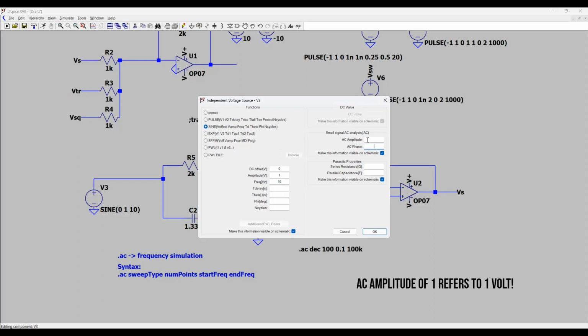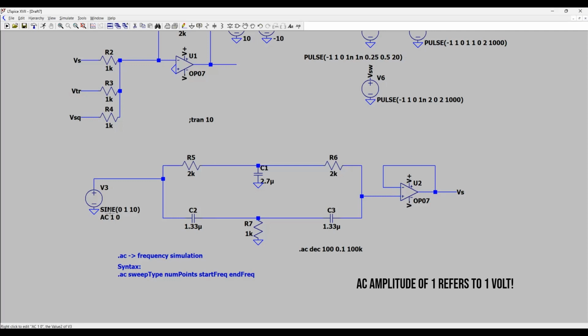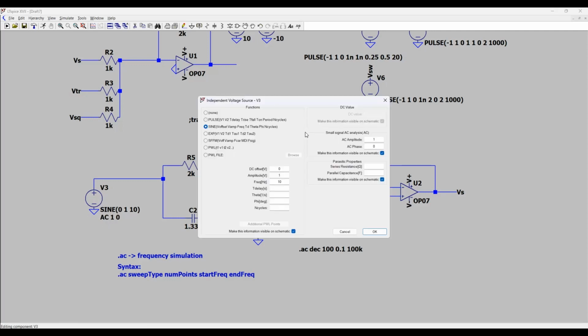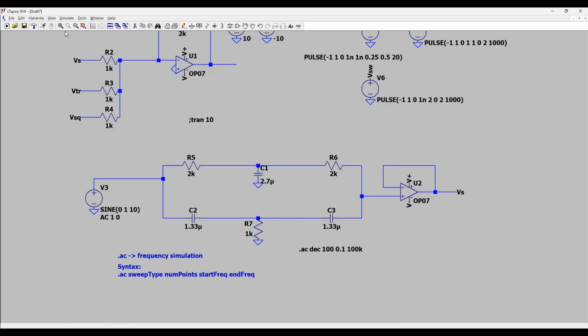And so for this example, I'm going to be choosing an AC amplitude of 1 and an AC phase of 0. I'm going to click OK, and as you can see, it shows up here. And notice how we're actually not setting up any functions. We're not setting up any transient functions here. We're only focused on the .AC or AC signal analysis. And so now if I click Run,